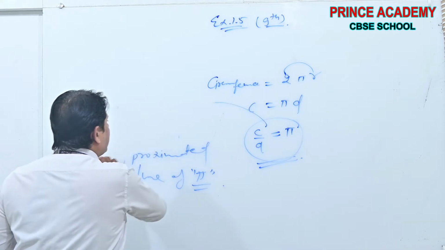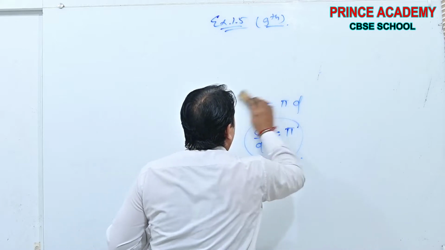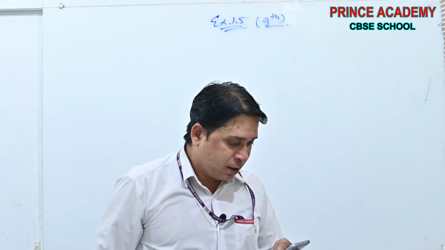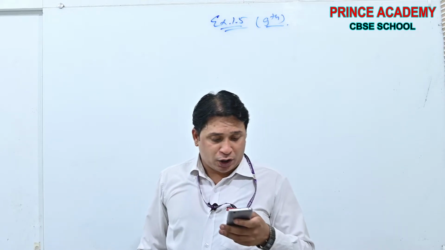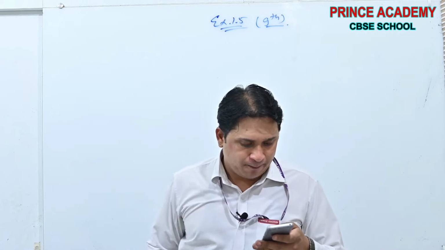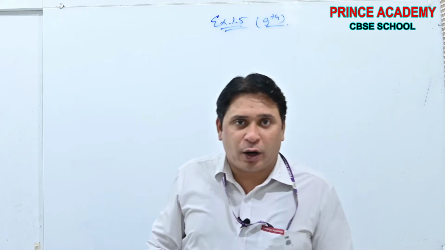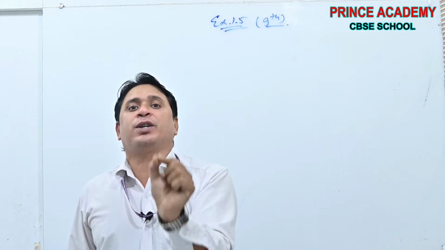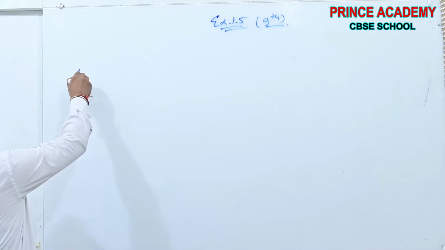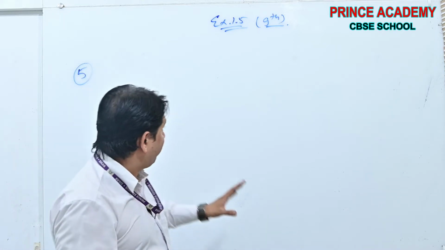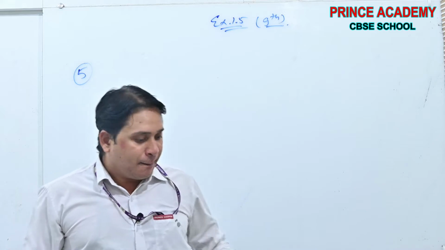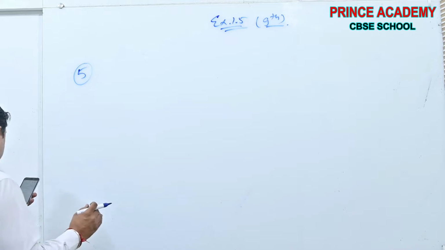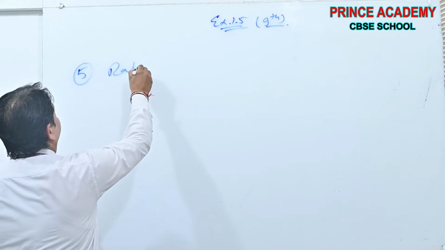Okay, question number 3. You should write in your own language. Okay, you write in your own language. Now see question number 5 beta. I am leaving question 4 for now. After that I will explain the whole question 4. Just you learn question number 5 right now. Sorry, after this question I will explain it because it will consume time. See beta, rationalizing.